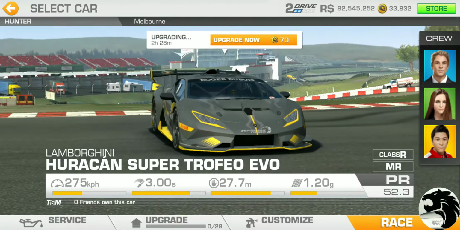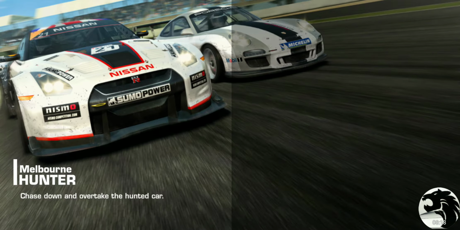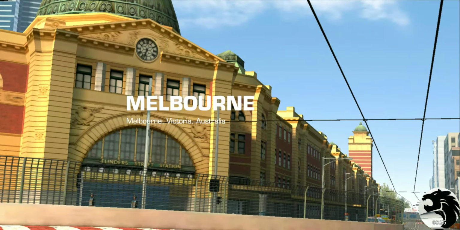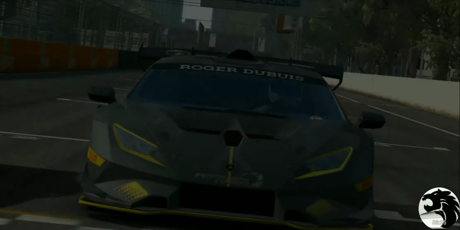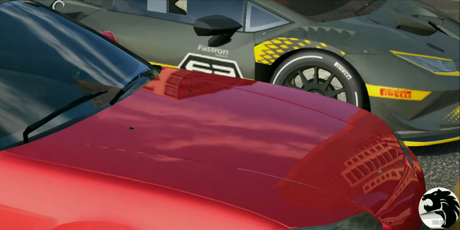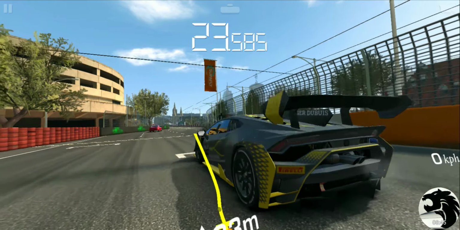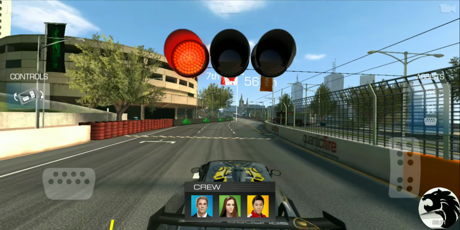So for now, let's run with the more or less stock, right? Melbourne, Hunter, and definitely with these events, try to win by minimal margin of victory, because the bots will get difficult if you blow them out of the water each race. And you might end up with some impossible distance with the endurance race, for example. Or you might end up having to spend more in upgrades than you might need to otherwise. So, now that the race is on,